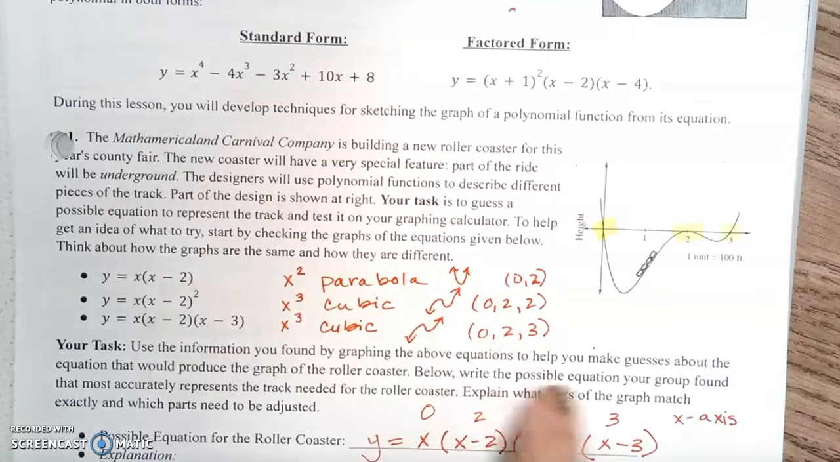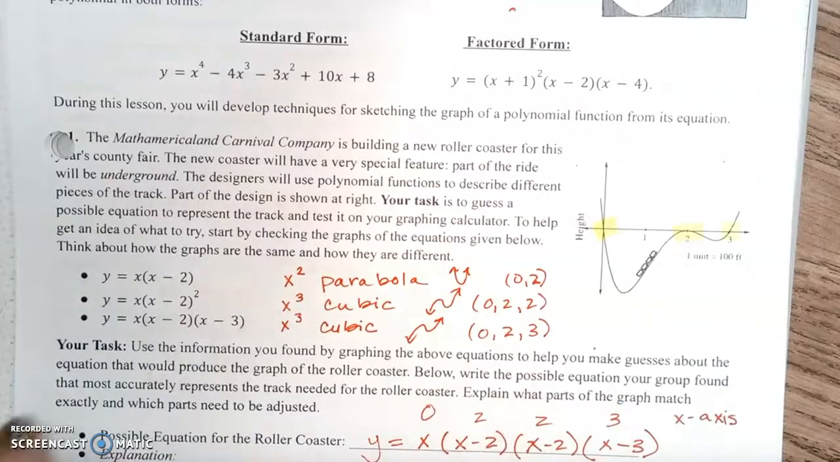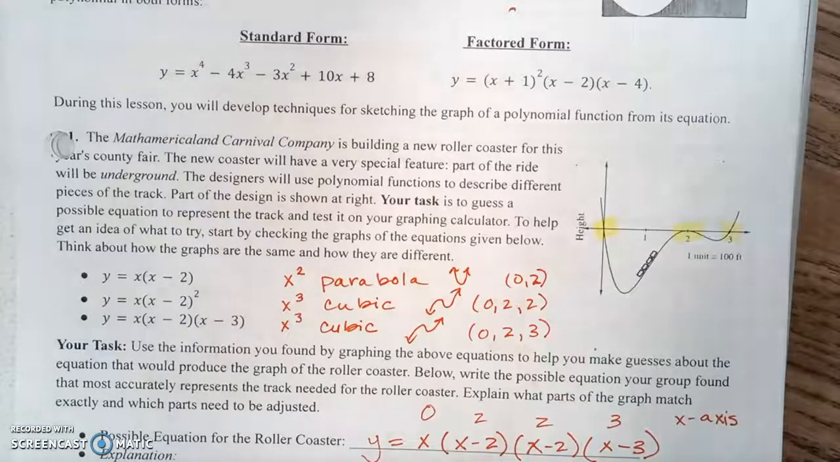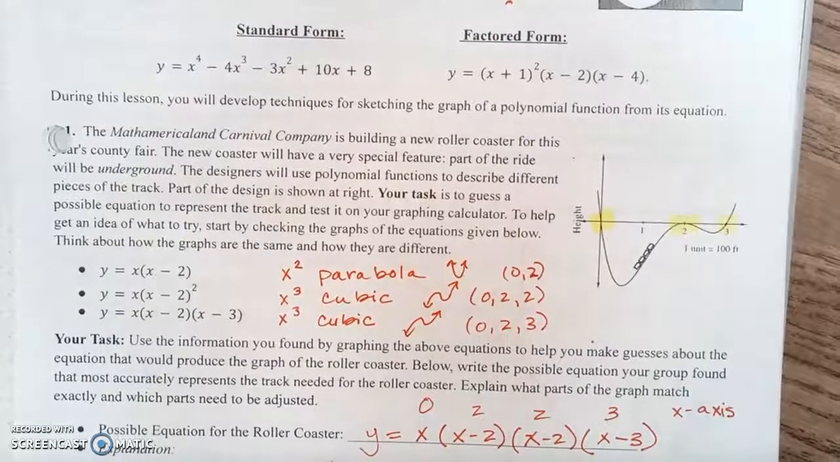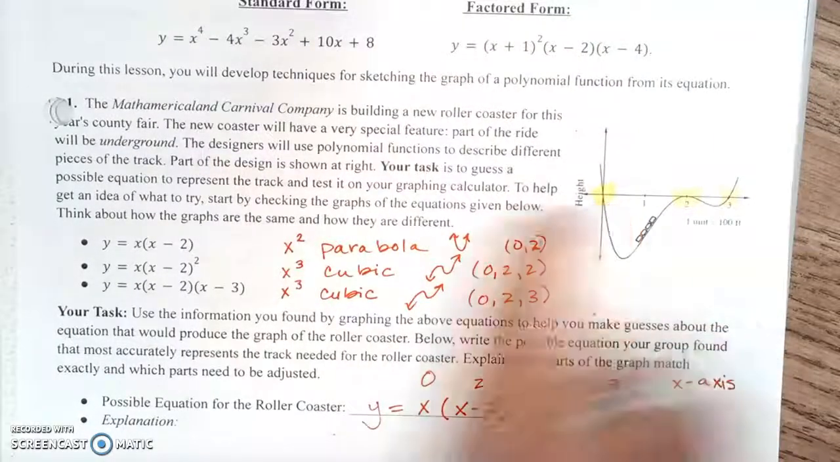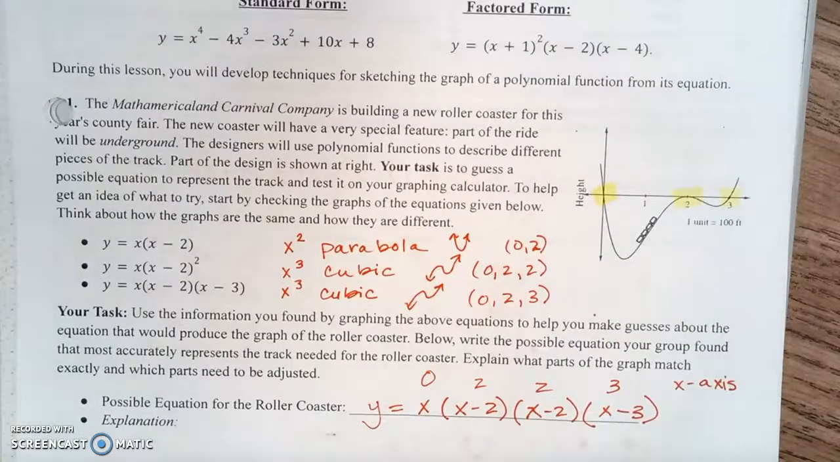Below, write the possible equation your group found that more accurately represents the track needed for the roller coaster. Explain what parts of the graph match exactly and which parts need to be adjusted. Okay? So you'll notice what I did on the graph right here is I highlighted